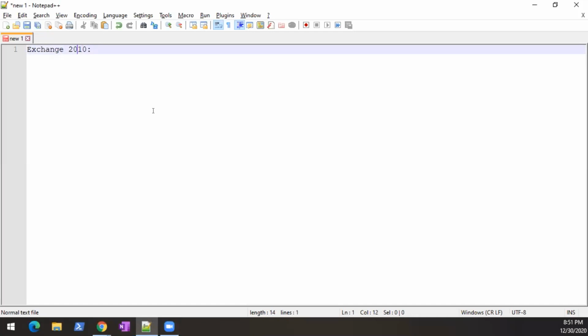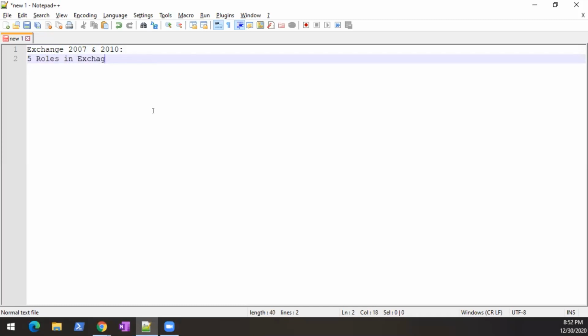In Exchange 2007 and in Exchange 2010, there were 5 roles in Exchange. What are the 5 roles?